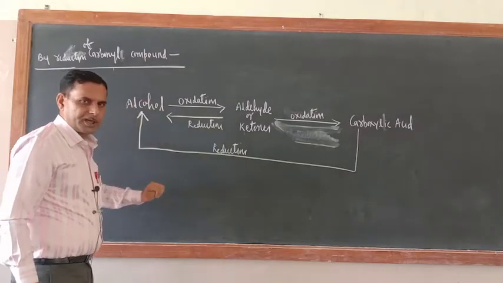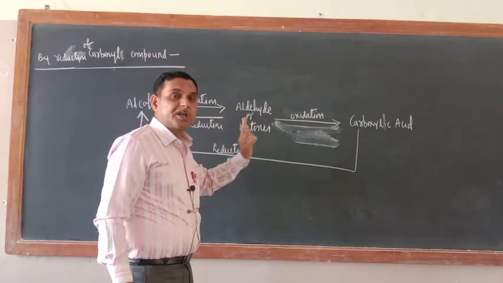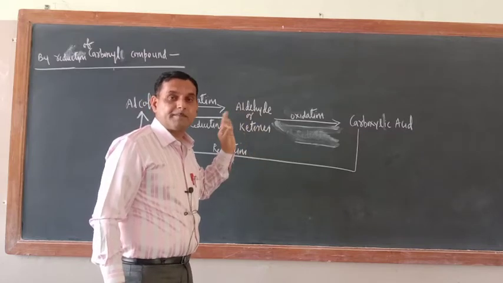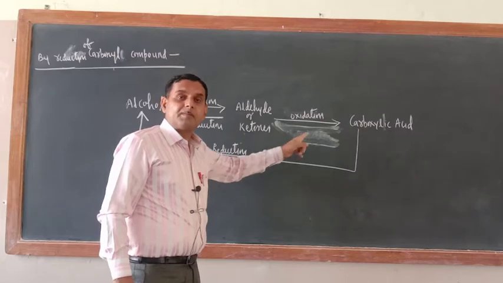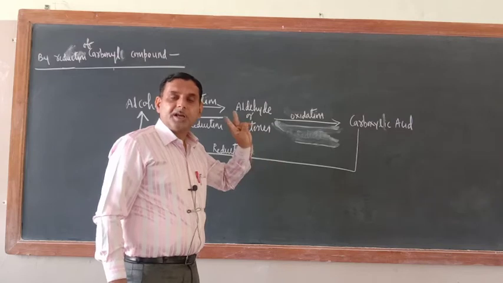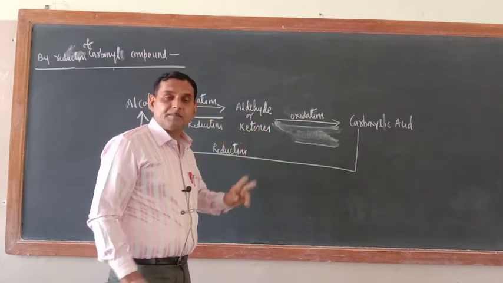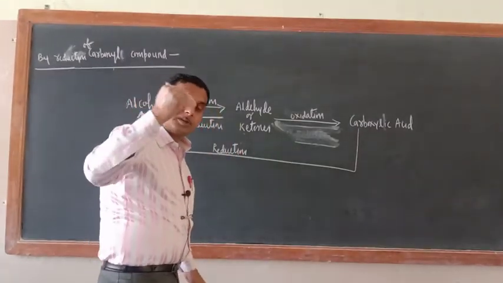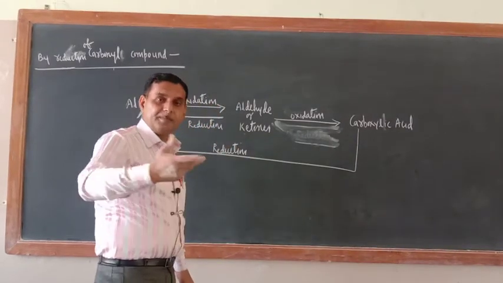Now try to understand. This is a method of preparation of alcohol. This reduction reaction of carboxylic acid is an example of a method of preparation of alcohol. Meantime, it is a chemical property of carboxylic acid. So if you are remembering one reaction, you are remembering two things. The first is the method of preparation for the things produced on the product side, and the things on the reactant side, that is their chemical property.